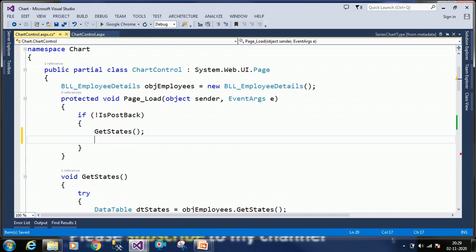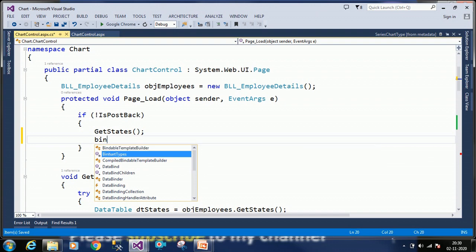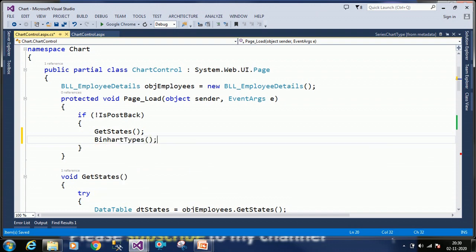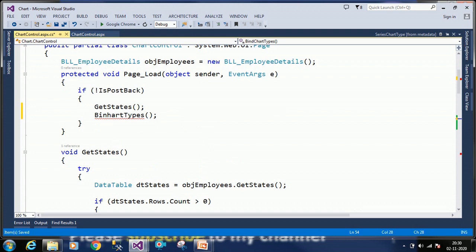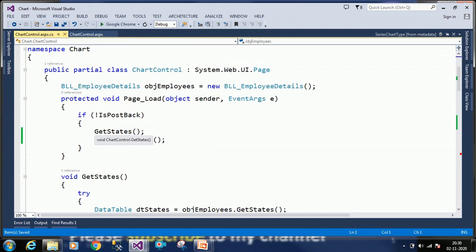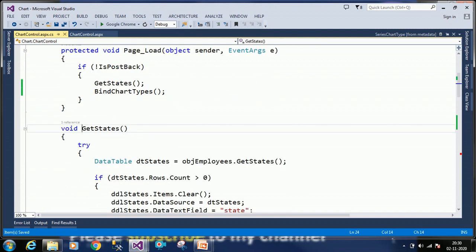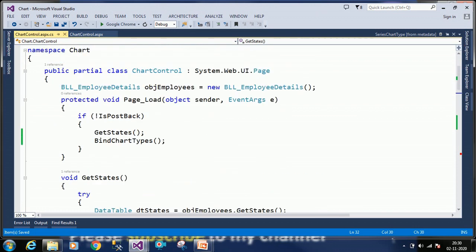Finally, we have to call bind chart types on page load. This function will be executed here. What we are doing here is, first we are getting states from the database and binding them into our drop down list called DDL states.